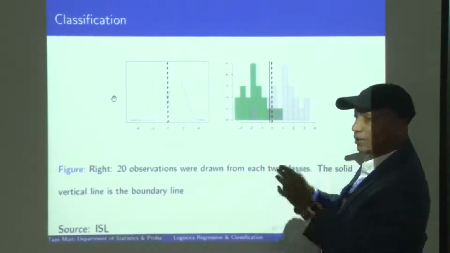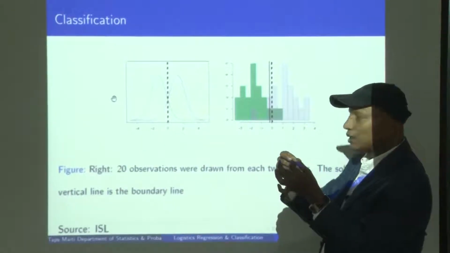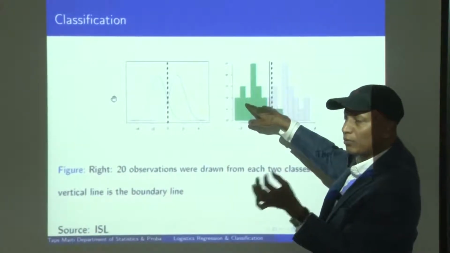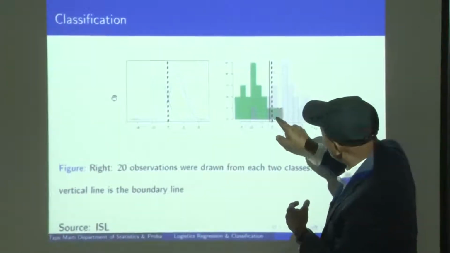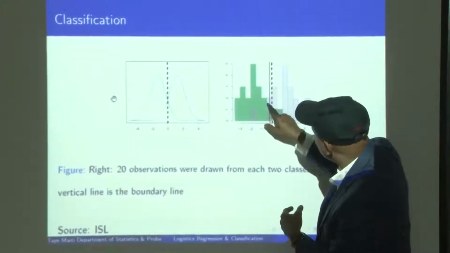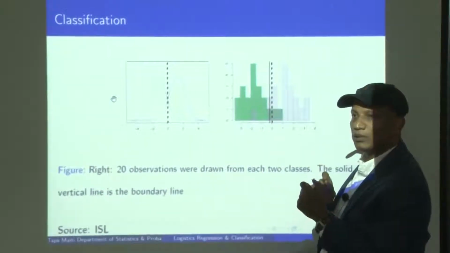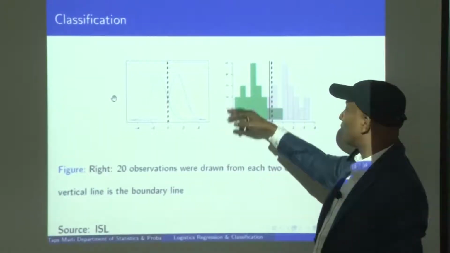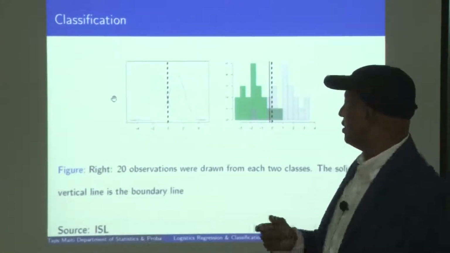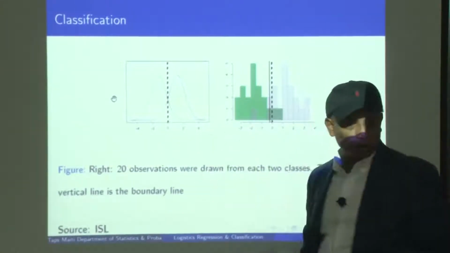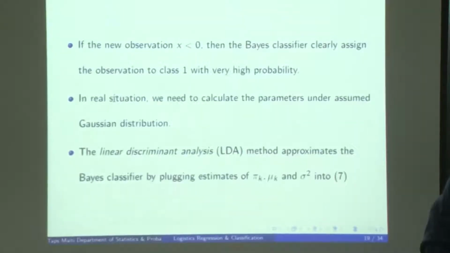What does it mean? That the new guy which came in should have been classified here, but my classifier did it here. So from this plot, I can calculate what is this much of the probability and what is this much of the probability. Right? Because if I approximate in a Gaussian way, I can calculate those probabilities pretty well. And for this example, those probabilities would be